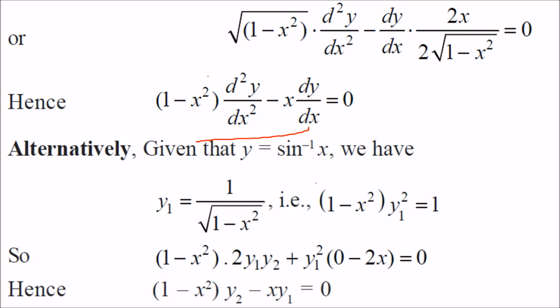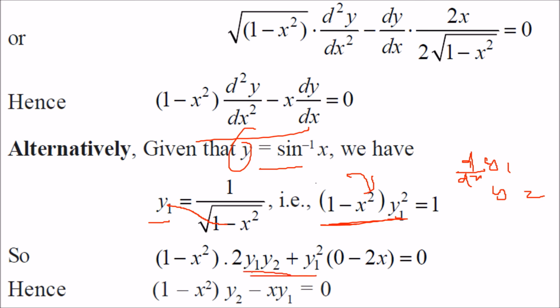We can also do it alternatively. y is equal to sin inverse x. So what we have here is y1, that is the differential of y. First is 1 by under root 1 minus x square. So take 1 minus x square here and square both the sides. Now again perform the differential. The differential of y1 just represent it as y2. d by dx of y1 will be y2. So when you differentiate it again using what rule? Leibniz rule. You get this equation which is